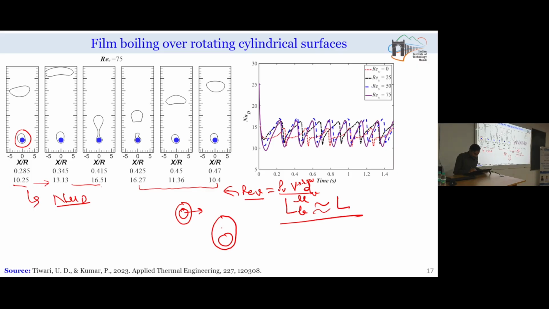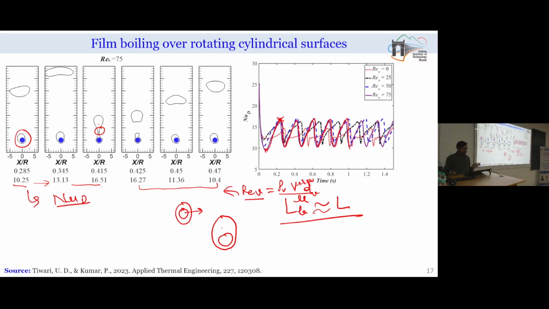So, from this lowest point, initially the heat transfer coefficient has increased, reached a peak value, and then decreased, again reached a peak value and then decreased, and this process is continuing. So, it means a number of bubbles are leaving the surface with the progress of time. You can observe two interesting features. The maximum value of heat transfer coefficient corresponds to the situation when the bubble is just about to depart from